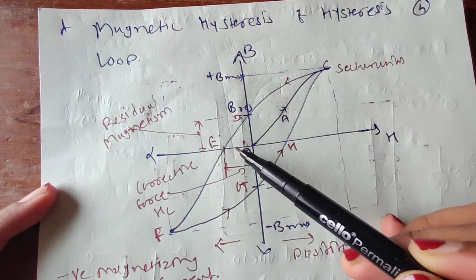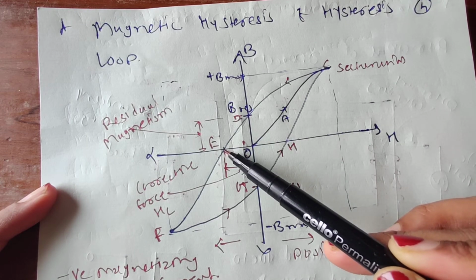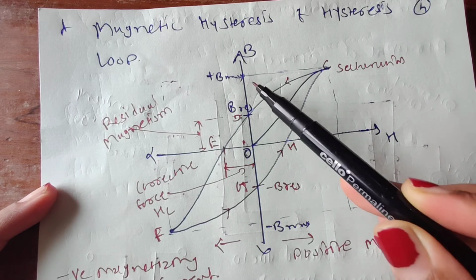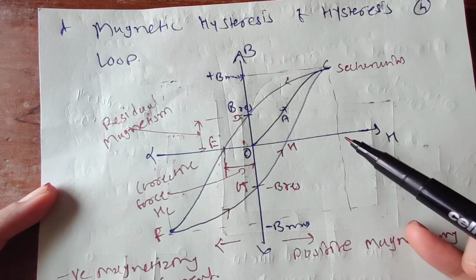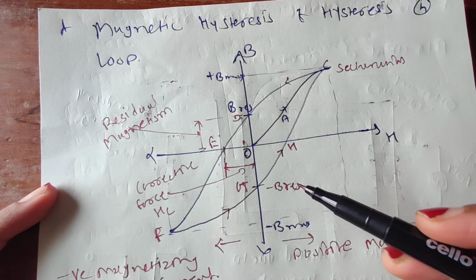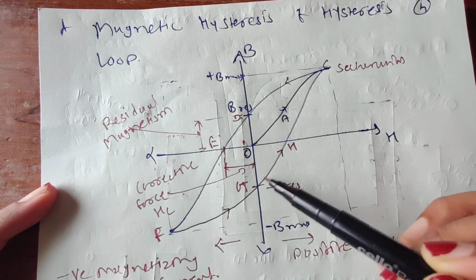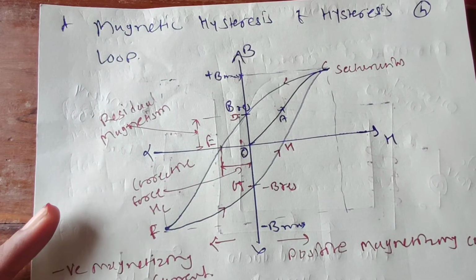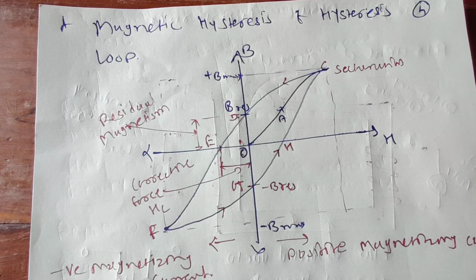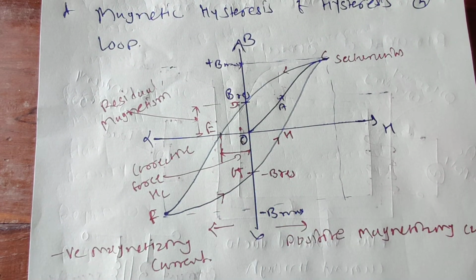Now decrease the positive current in suitable steps down to 0. As you decrease the value of I, plot the values of B and H at the respective places so that you have some points. Now increase the current in a negative direction in suitable steps and plot the points. Finally, decrease the negative current again to 0 and plot the points. The complete hysteresis loop is the graph that has a characteristic like this.